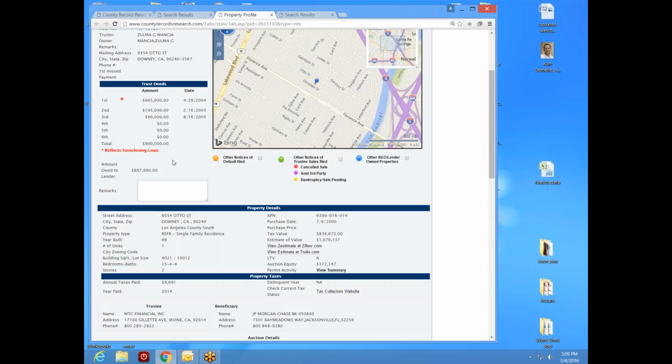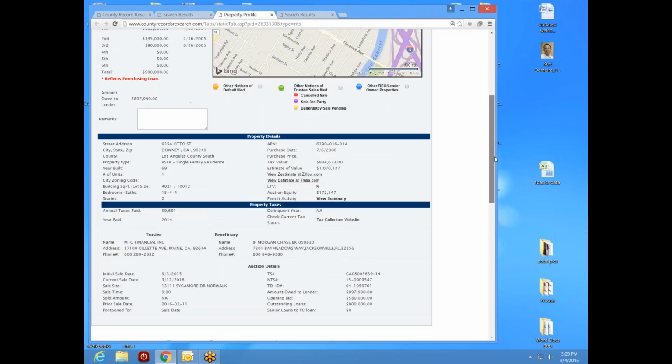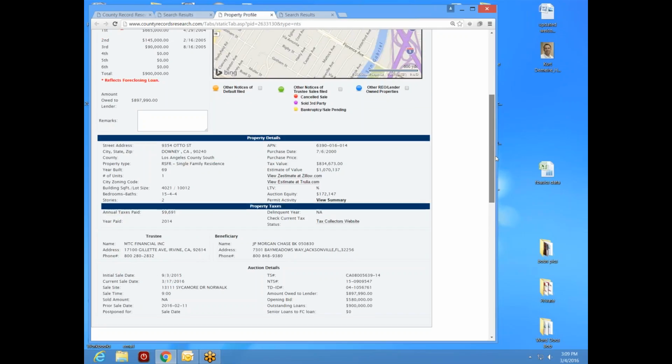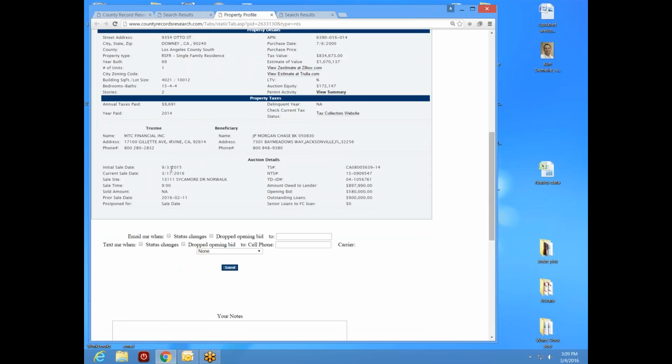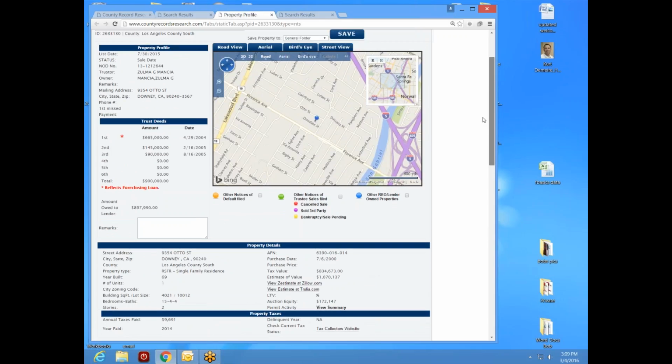I could. Now, I can't make a subject to offer, can I? It looks to me, if they owe $900,000 on the first, they owe about 1.3, I'm guessing. Okay. And I'm not going to get to the price point I want unless I either buy it at the auction or I get it as a short sale. Now, it is set to go to auction on the 17th. That's 2 weeks from now. Opening bid is $580. Okay, so now I might decide to position myself to buy this house at the auction